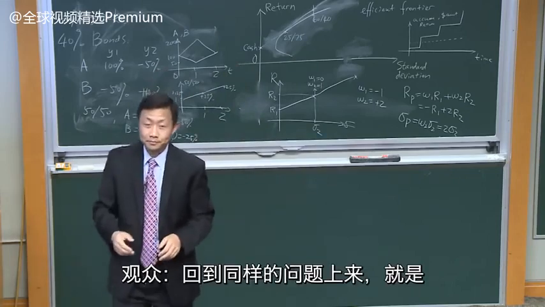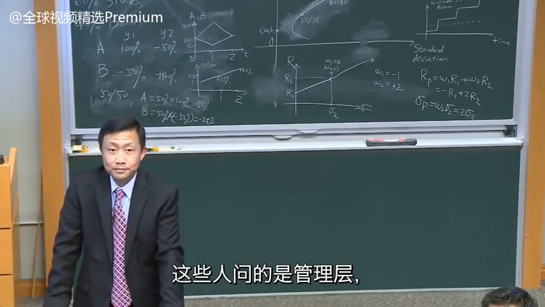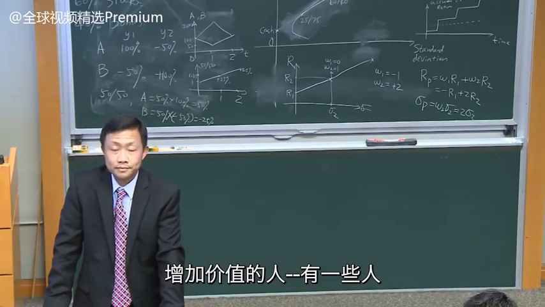Yeah. Just going back to the same question about management and how they add value. I think the people who added a tremendous amount of value in the financial crisis were doing the same mathematics. But the difference was that their expected return of various assets was different from the broad market. So if you can just know what expected return is, probably that is the only answer to the whole portfolio management theory. Yes. If you can forecast expected return,